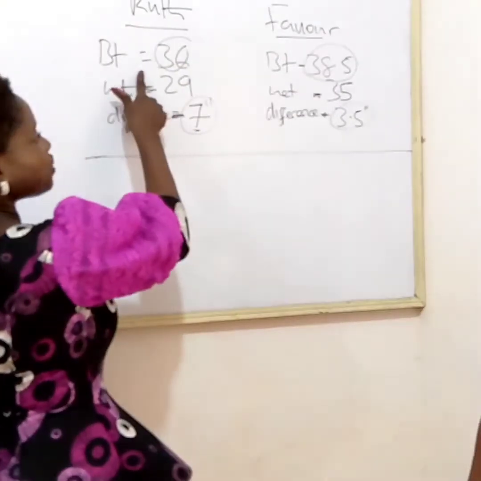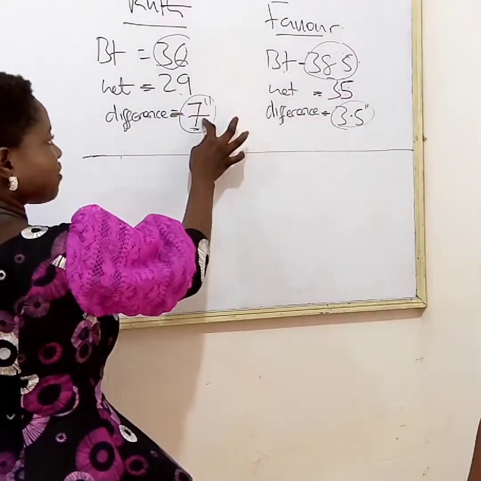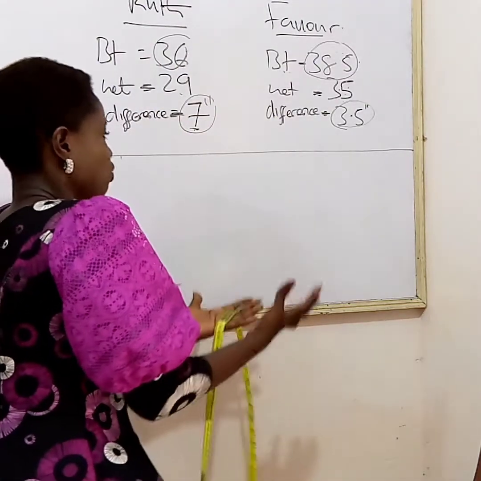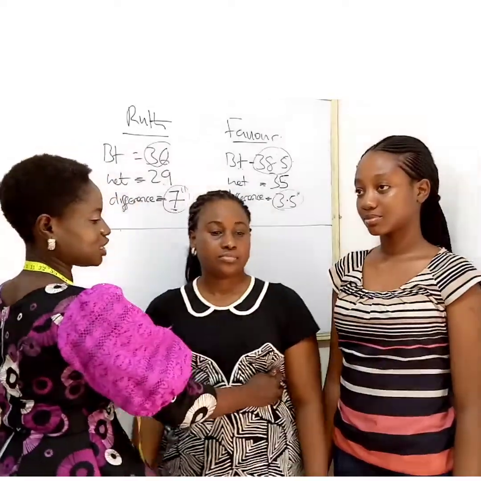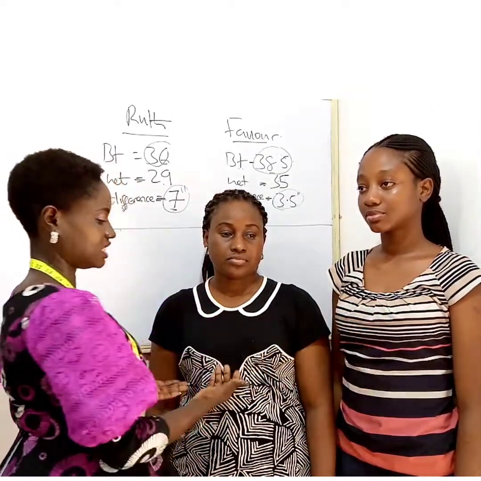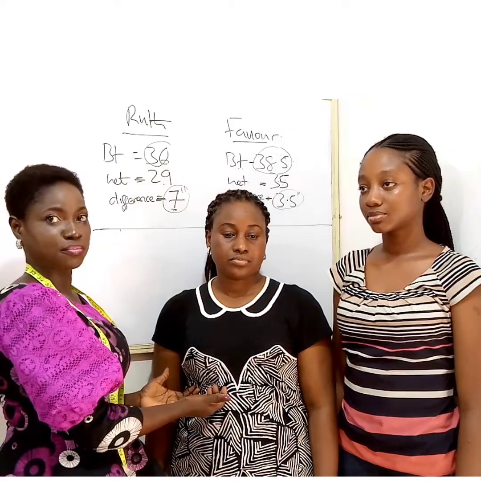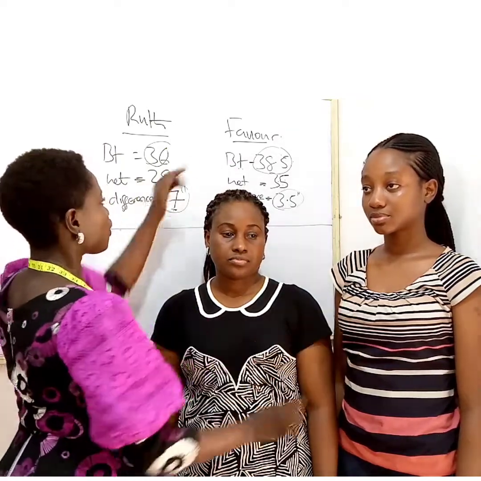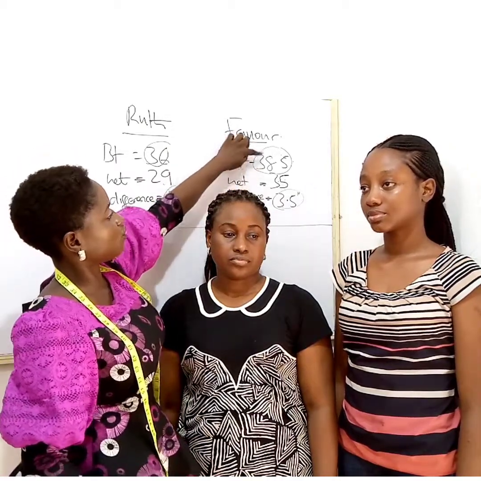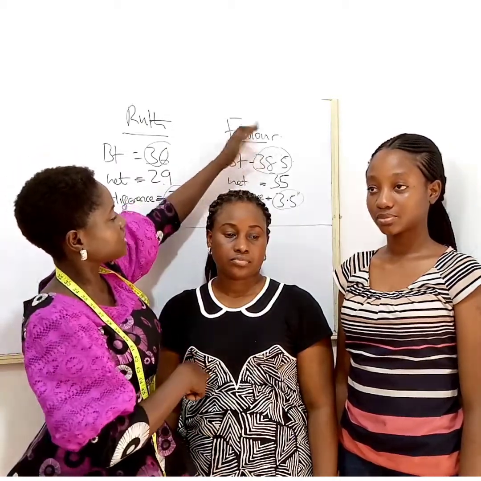Unlike this first person that we took, her difference is 7, which makes her bust protrude more, to be more pronounced. Now, when looking at the two of them, of course, it's obvious that she has a fuller bust measurement than Favour. But comparing the bust measurement values, one would have thought Favour, whose measurement is 38.5, has more